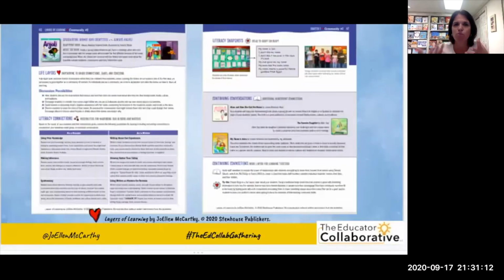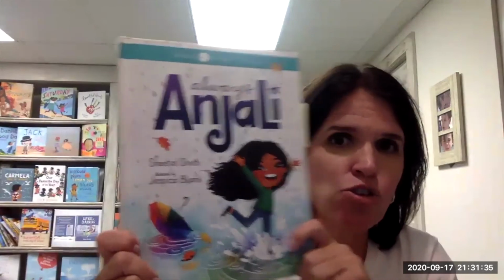On that note, I have a few more examples, and then we can look at some other friends who've given us some resources. So I have an example from the text, which shares a story from Anjali, Always Anjali, which is a book that came out about a year or two ago about a young Indian girl who's very upset, oh, here it is, because she cannot find a name tag. And in the book, just so you can see, if we talk about the portions of this heart print, we have life layers, again, talking about story of our names. We have an opportunity for reading, writing connections and looking at some of the text in here.